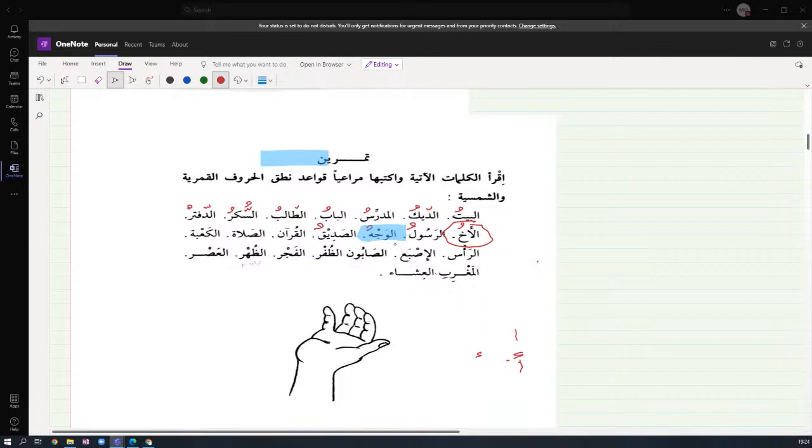القرآن. Moon letter or sun letter? Moon letter. What does القرآن mean? The Quran. It literally means that which is recited or read. That's the literal meaning of it. Next one.